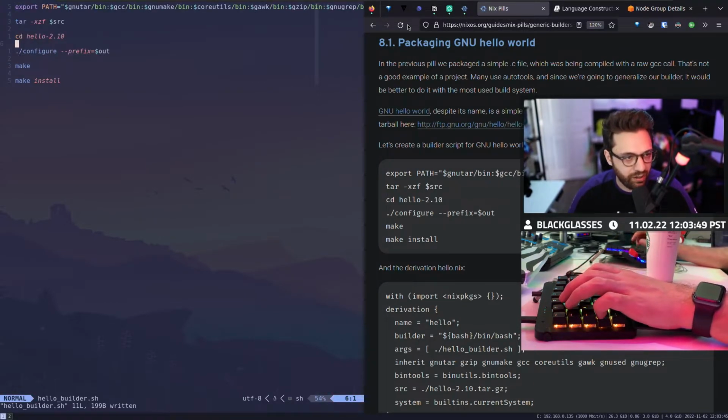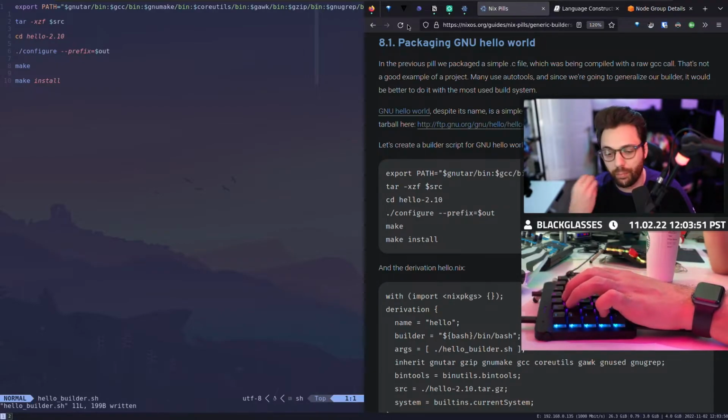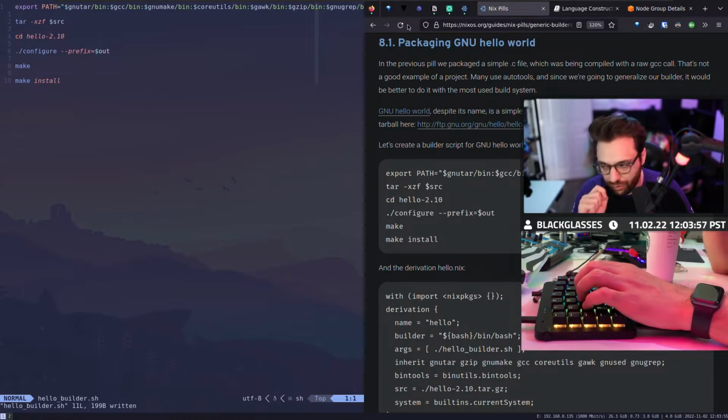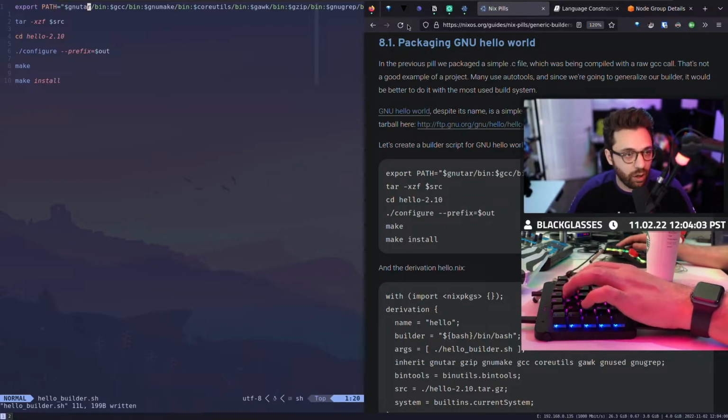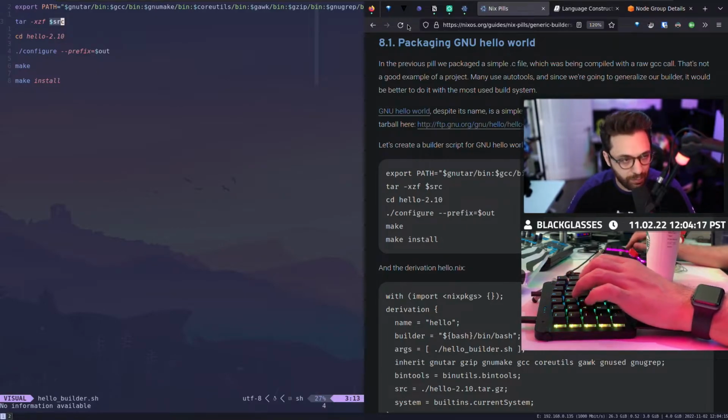This is just a very simple, what we're going to call builder. And the whole idea behind this is a well-defined script that has interfaces that it expects, right? It's expecting all these environment variables. It's expecting this environment variable. It's expecting this environment variable. It's expecting to run tar and, from the source, run it as an actual tar on a specific compressed file,